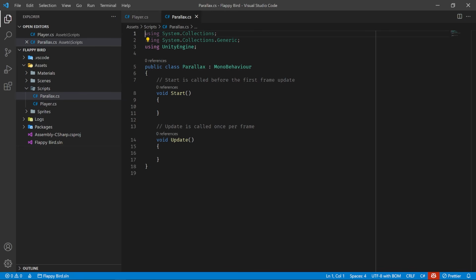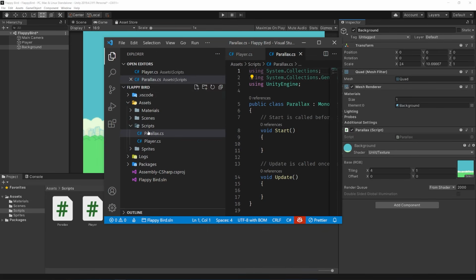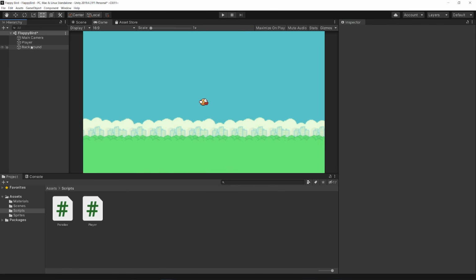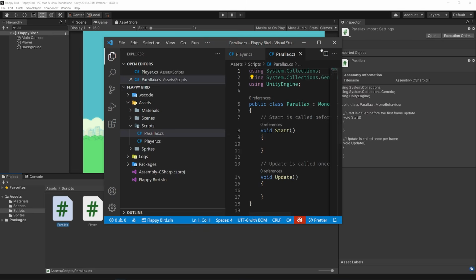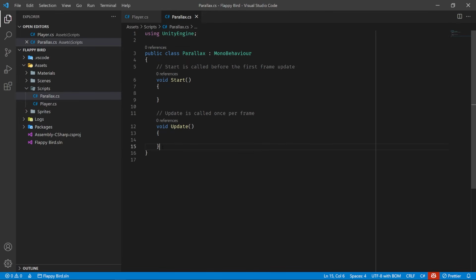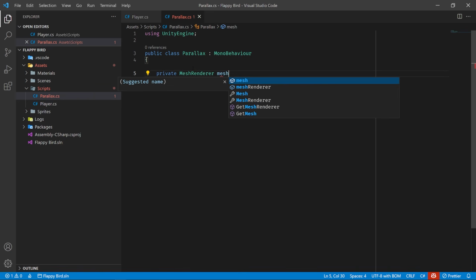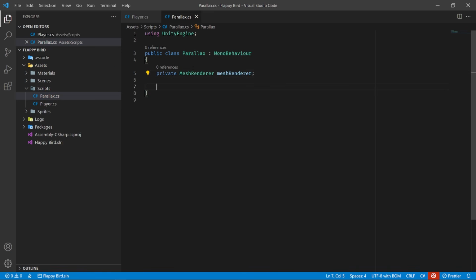And for our script here, we just need to essentially get a reference to the mesh renderer. Kind of like we did for our player, we got a reference to the sprite renderer because we changed the sprite property. In our case, we need to change the material, and you access the material through this mesh renderer component. So we need to get a reference to that. Very similar to what we did on our player, we can declare a variable here for mesh renderer, call this mesh renderer. In our awake function, we can get component